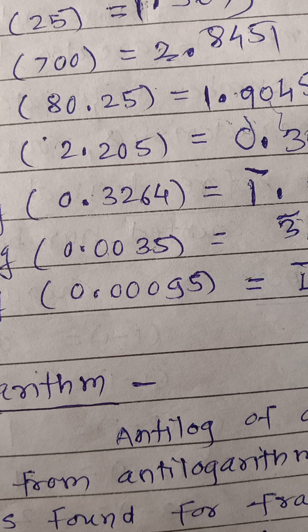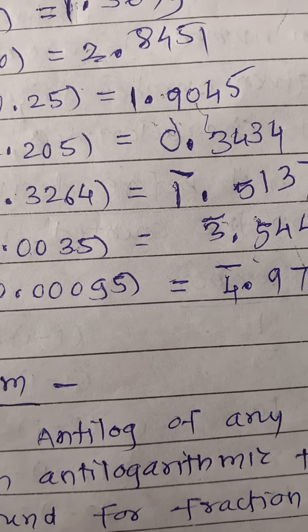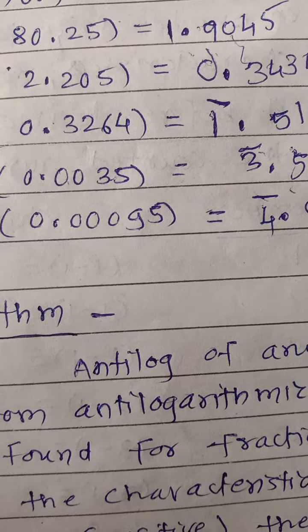If the number has 4 digits, then the first 2 digits will be observed from the first column, that is the 2-digit number. Then for the 3rd digit we will observe the mantissa from that respective vertical column, and for the 4th digit we will see how much mean difference there is from the mean difference column, and add that to the previous mantissa. In this way we can find the log of any given number.